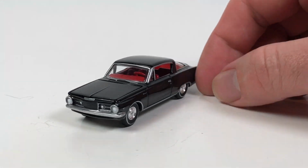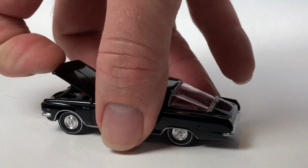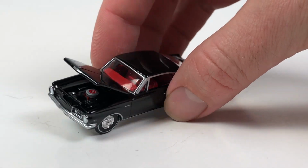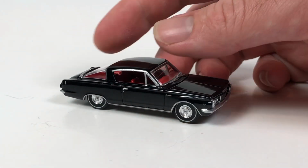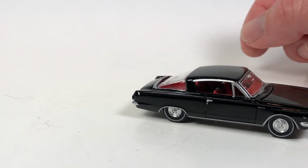This casting is kind of an interesting choice that they produced this car. Out of all the Cudas, they picked this one. Nice detail under the hood there. Nice detail, of course, all around. I love when they release cars in black. They pretty much released, I think nearly every casting has been put out in black,